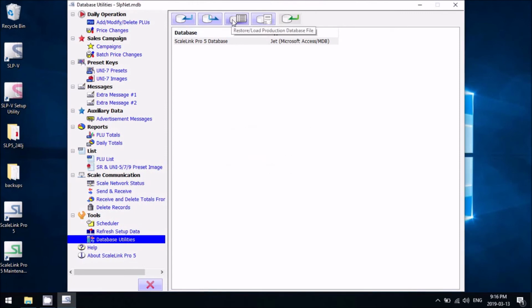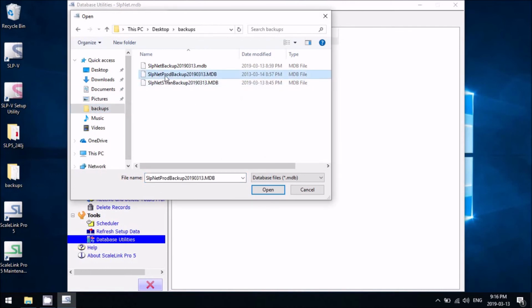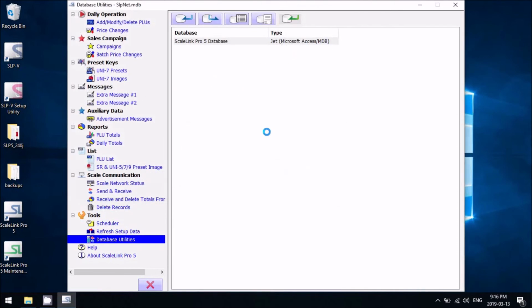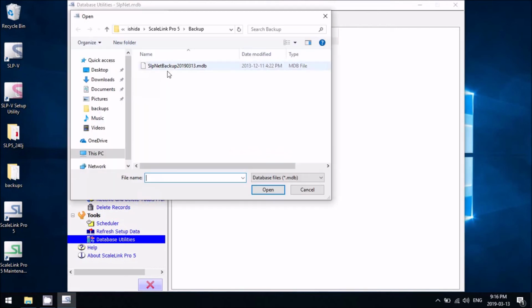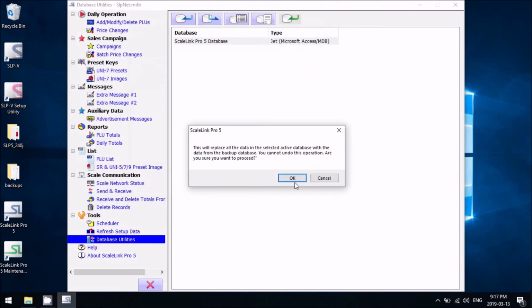Complete, and then we'll go under restore the production database file. We'll click on that, go under my backups, select the one that has the word PROD for production, open, we'll say OK. Okay, and then the last one is transaction. We'll click on that under backups. For the one that says TRAN for transaction, open. Okay,